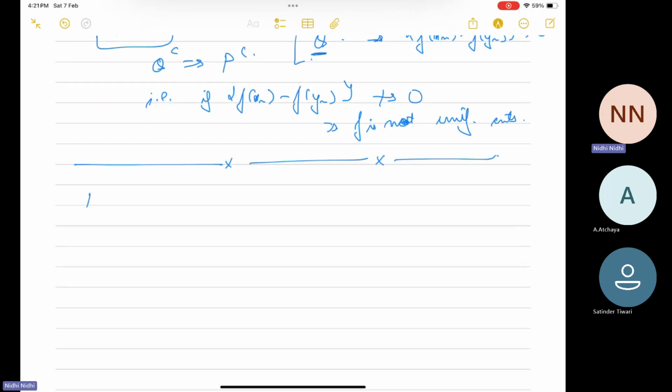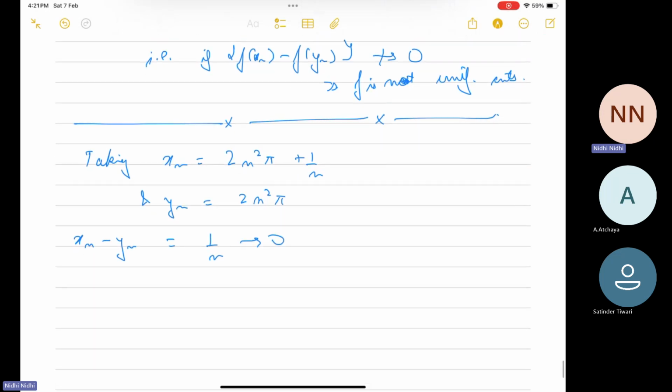Consider taking the sequence xn to be 2n square pi plus 1 by n and yn to be 2n square pi. Now the difference between xn and yn is 1 by n, which is going to 0. That means we have points which are very near to each other, but